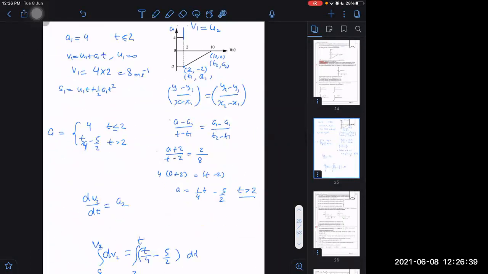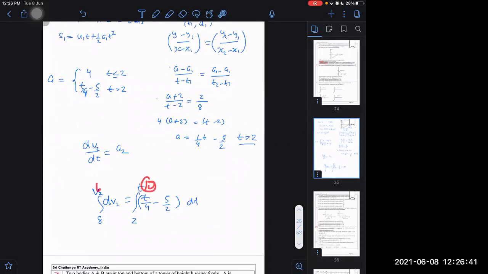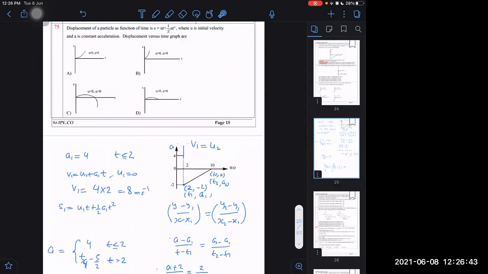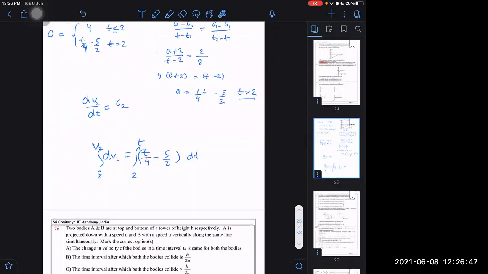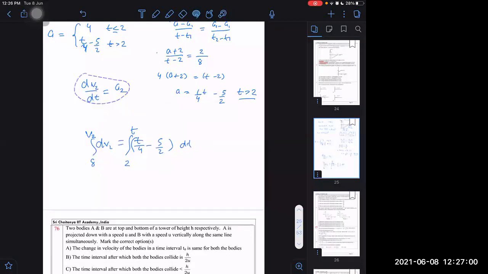They are asking displacement also. If I find at 10, then I will be getting the final velocity. But how will I answer what is the displacement? To answer displacement, I have to integrate once again. I can integrate only if I obtain v2 as a function of time. Therefore, I need to integrate up to t only. At any time, you can put t as 10 and then you can get the answer for final velocity also.